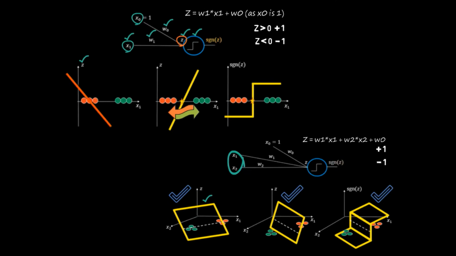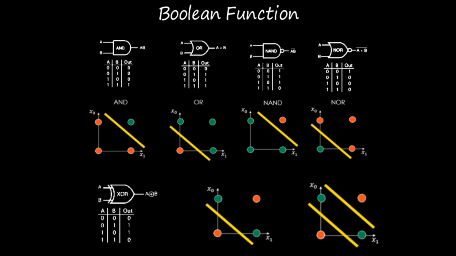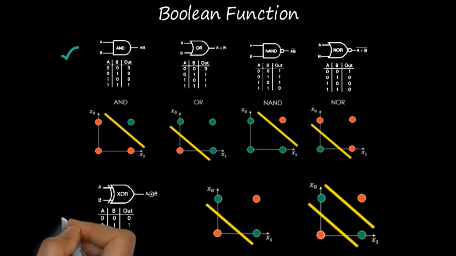Now applying this concept, I will extend it further to Boolean functions. Let's discuss Boolean functions. Today I'm talking about linearly separable gates and about gates which are non-linearly separable. If you look at the 2D input space of the Boolean functions, and we color positive examples green and negative examples red, then we can visualize that our training dataset will look like this.